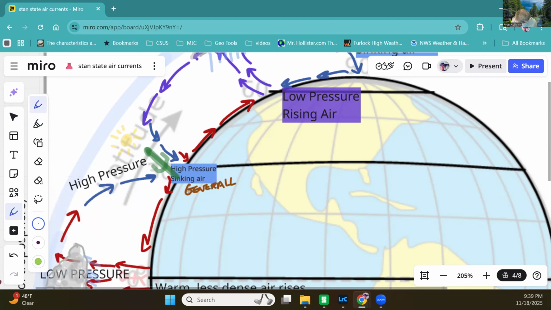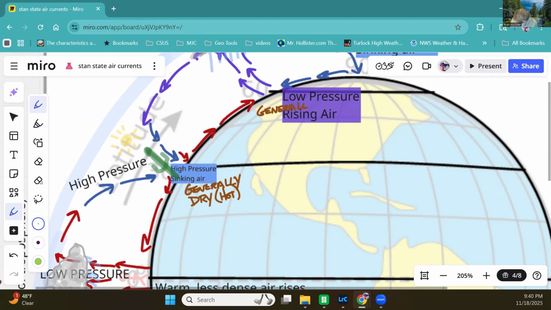So if we have high pressure sinking air, it's going to be generally dry, and could be hot. It doesn't always have to be hot, but that's one of the things that usually happens: sinking air compresses and heats as it sinks, so it generally makes it hot. And then when we have low pressure or rising air,